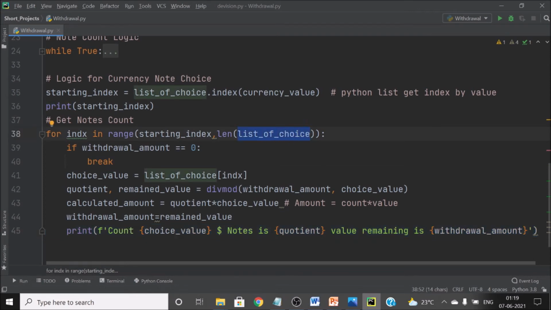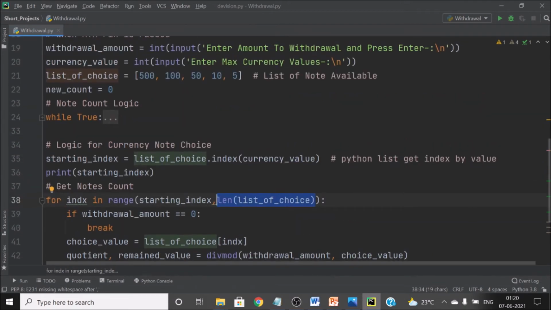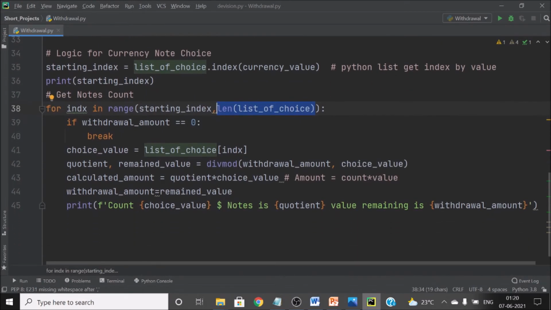So len is getting the length of the list, how many ever elements are there. If you see here, if I enter 100, I will be starting from here and looping till here, because the length is 0, 1, 2, 3, 4, and I am starting from 1, 2, 3, 4. So I will start from here, loop through all the elements and then come down.